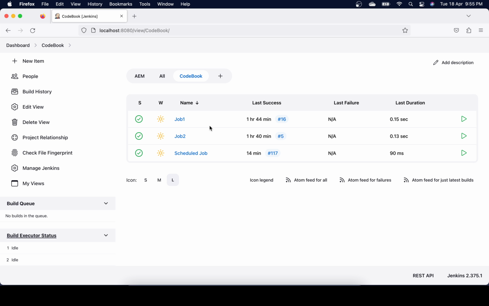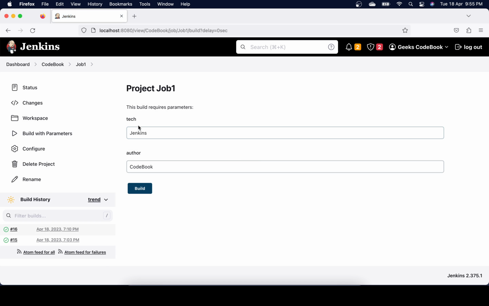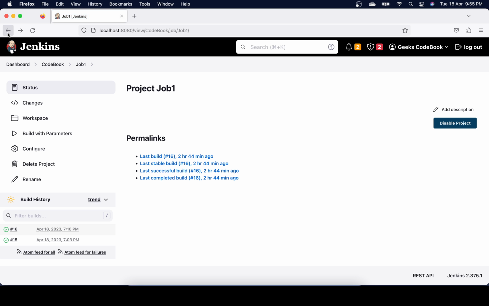In Jenkins I have two jobs, job 1 and job 2. Job 2 is without build parameters, and job 1 takes two parameters at build time. You see that these, tech and author, have default values as well. So I'll show you how you can trigger job 1 and job 2 using Postman. So what you have to do,